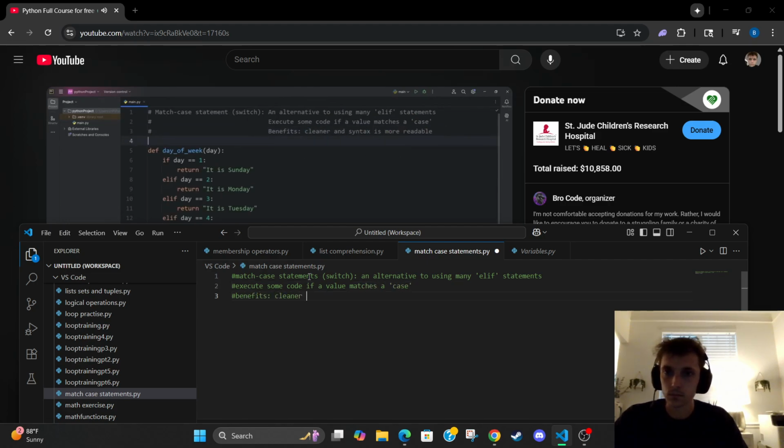In this sample program, I have a function. There is one parameter, a day. Day will be a number, ideally a number 1 through 7. Depending on this number,